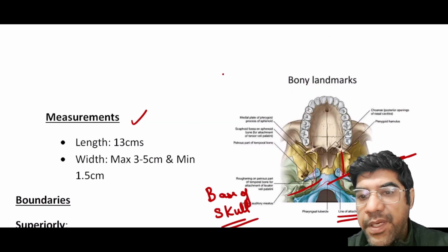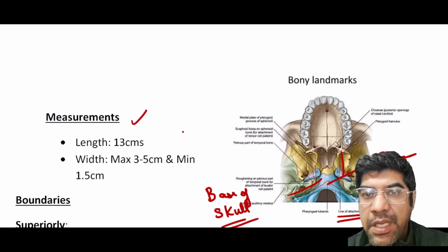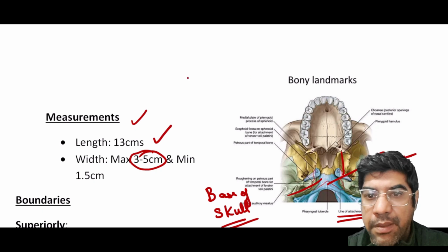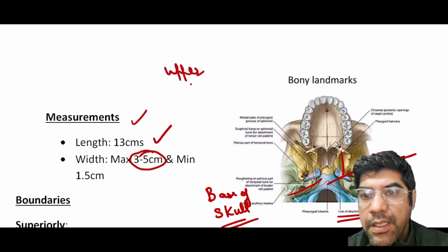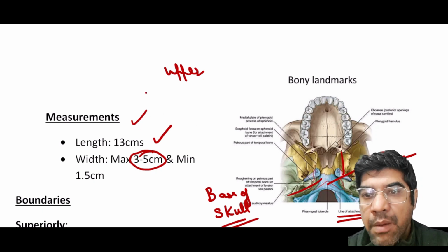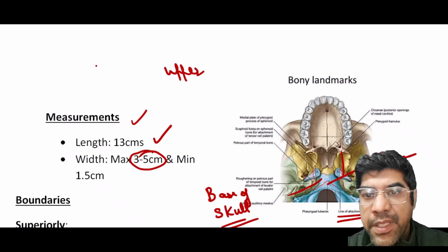Now remember, the widest part of the pharynx measures around 3.5 centimeters. The length is 13 centimeters. So it has an upper part, middle part and lower end. The widest part is the upper part, and the main characteristic is that it does not collapse, whereas the middle part is narrower as compared to the upper part, whereas the lower end, remember, the lower end,